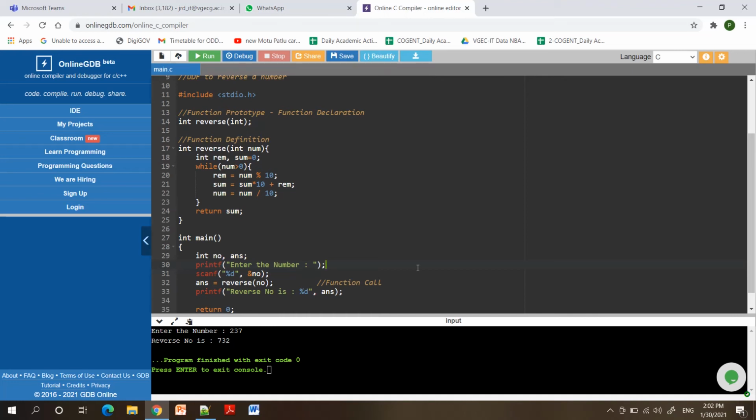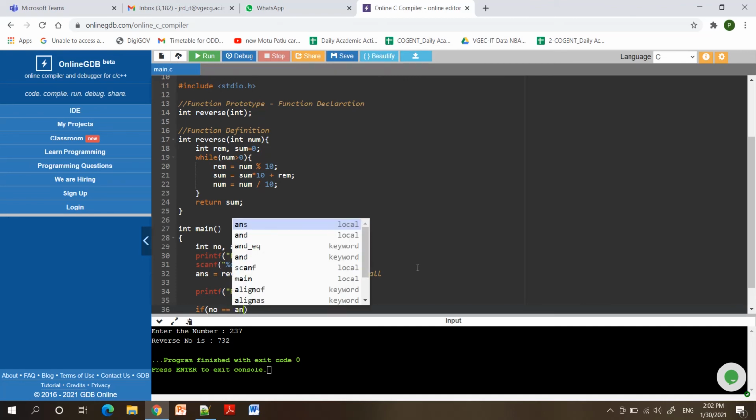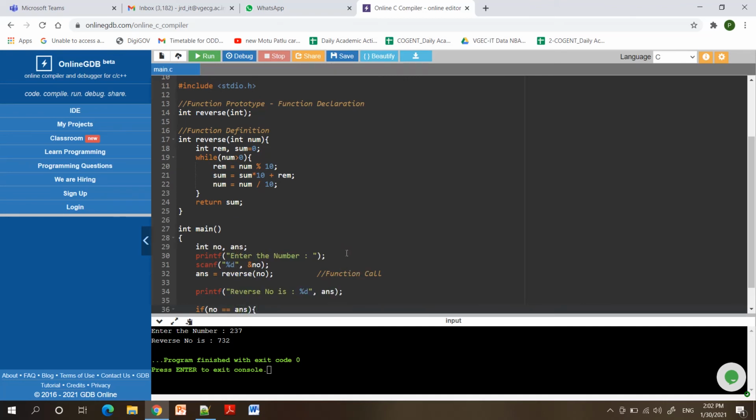Now suppose we need to check out whether the number is palindrome or not. So only by adding one statement we can get that. So I'll be writing here, if the number equals to answer. What is number? So number is our original number and answer is our reversed number.